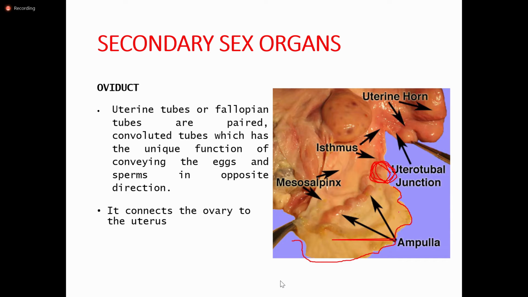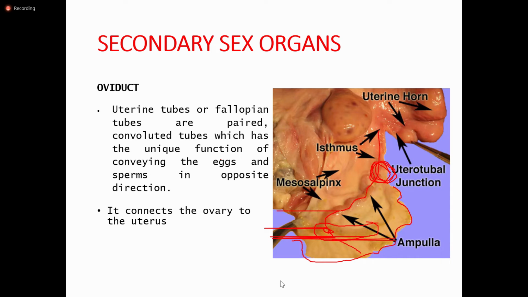And if we take a look at this one, this is the funnel, and it has a hole. This hole is called the ostium, or the ostium abdominale. Dito papasok yung egg cell, and then this will traverse the ampulla, and afterwards it will enter the isthmus. Okay? So yun yung way